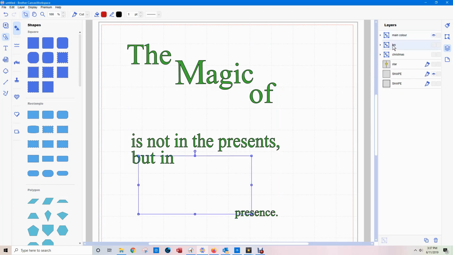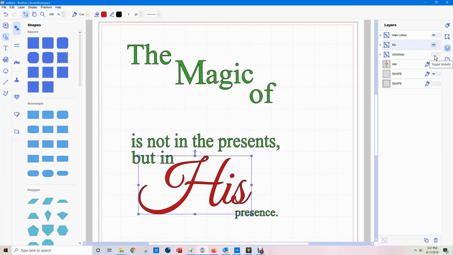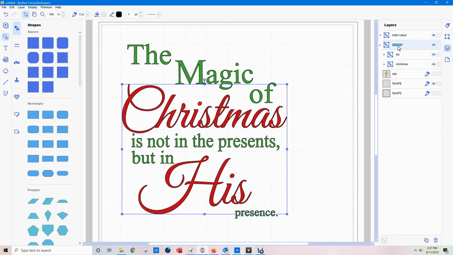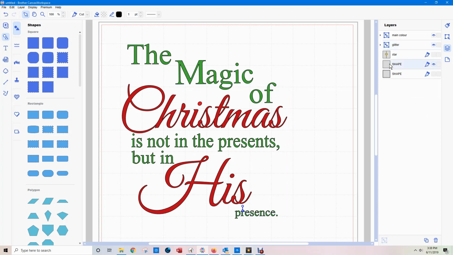Now his, I'll turn these on now so we can see them. His and Christmas I'm going to group together, and I'm going to call that glitter. And collapse that down. You can see how it gets easier as you get rid of all these shapes. Now the only two shapes I've got left,